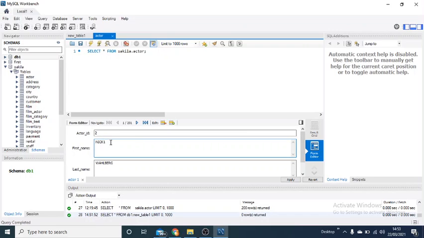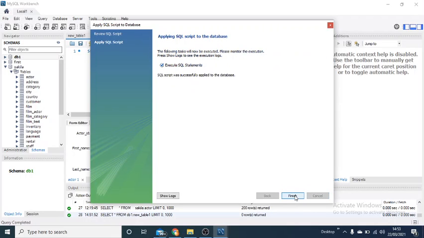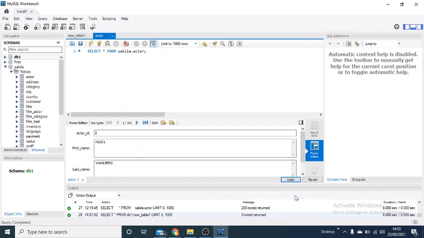As soon as I change it from nick to nick 1 and click on apply, it runs a query in the background which says that in this table, first name is to be updated as nick 1 when the actor ID is 2. The moment you click apply, this statement is applied automatically and you can see the update in the table.